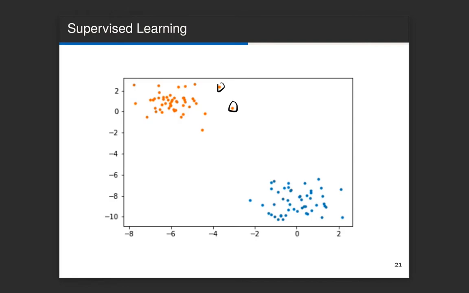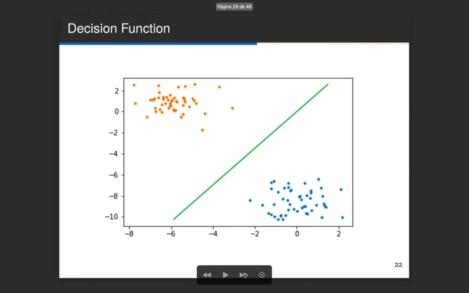The previous example has 3 labels, but imagine we only have 2 labels. So the blue dots are positive and the orange ones are negative. In these conditions, it is very simple to solve this problem. You only need to find a line that splits the positive examples versus the negative examples. This is a positive text, and this is a negative text.